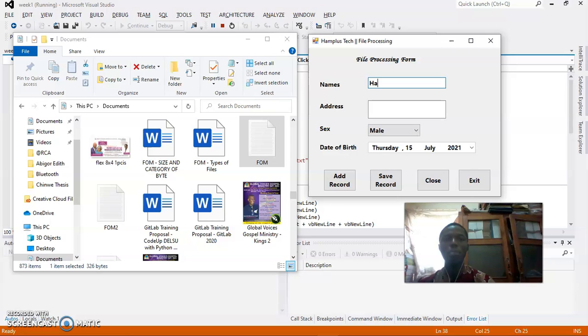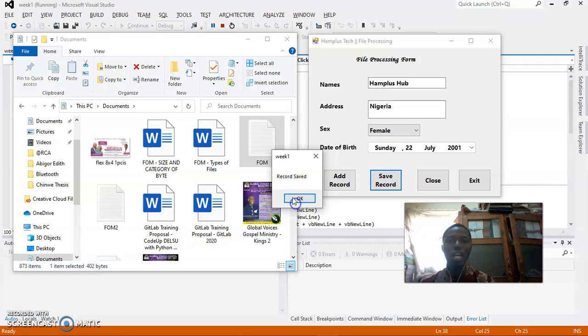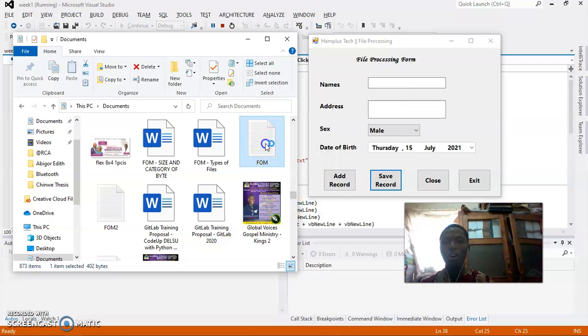Okay, I'll add this for Hamplus Hub. Then this is Abraka, Delta State, Nigeria. I put this as female. Okay, let me just change this to 2001. Good. I take this to 22. Good. And I click on save record. Record saved. I say okay. Then on the form, you see, I have